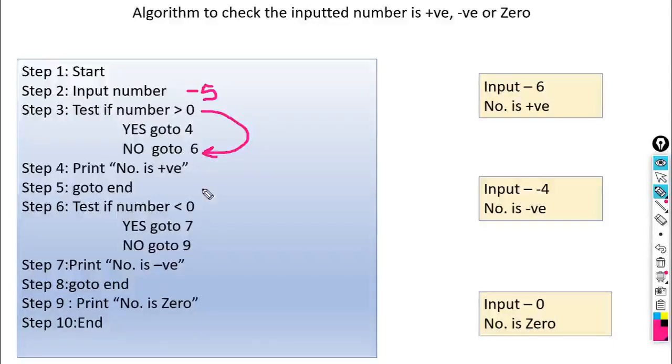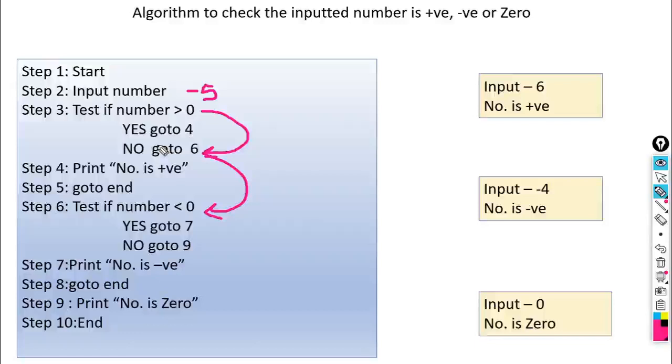Then what is the step number 6 here? Yes, it will take your control to go to step number 6. Again it will check whether the number is less than 0 or not. Okay, look here. Already we have checked number is greater than 0. If that returns no, means what? The number is already less than or equal to 0.